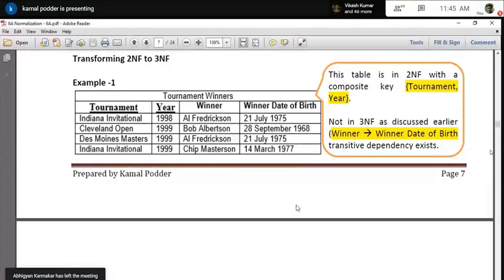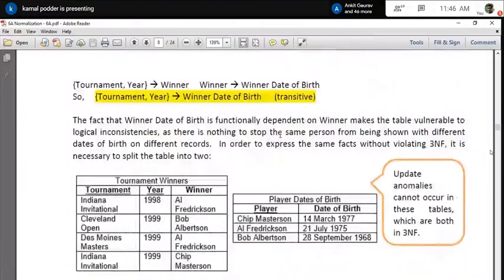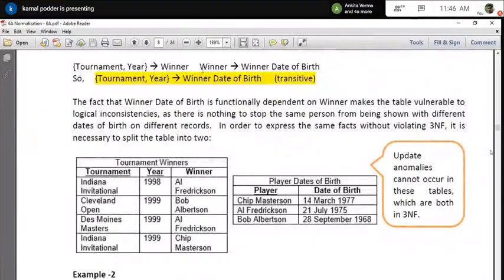Now what's the problem here? See, the date of birth is appearing twice, for the same person. When you enter a particular tournament, you can specify a date of birth, but for the same person you can specify a different date of birth. So subsequently, when you try to find out from this table the date of birth of this particular person, you can get wrong, inconsistent information. That is the inconsistency; the scope of inconsistency is there. And that is the reason you now have to define it again. So this is the transitive relationship.